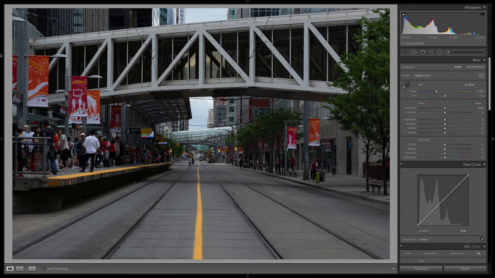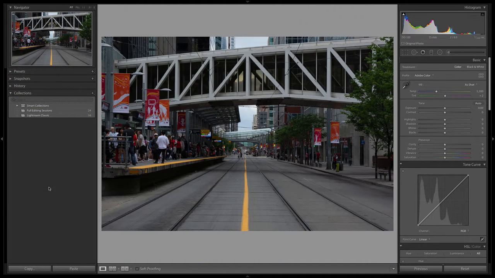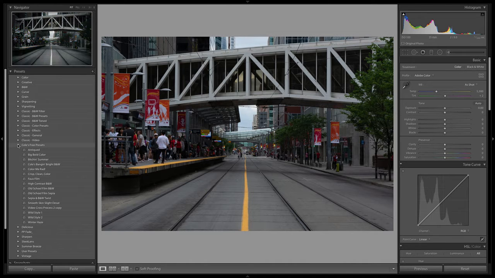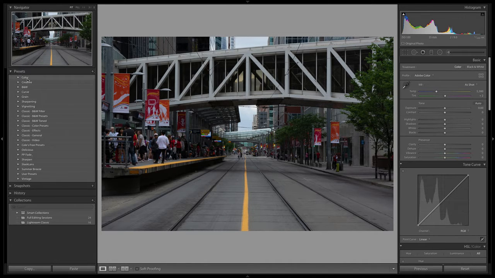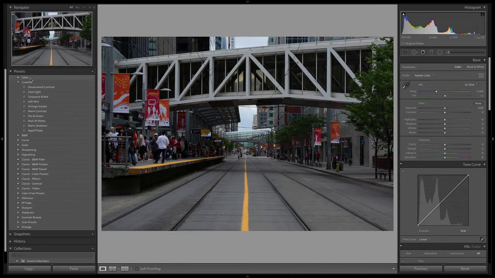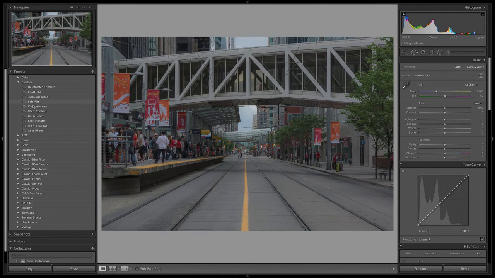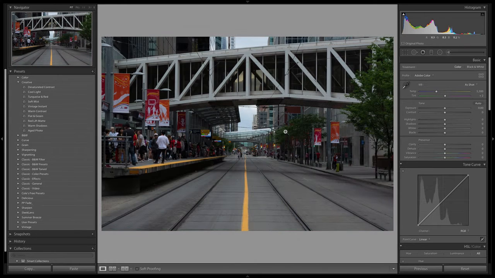So here in Lightroom, if you go and open up this left-hand side panel, you'll notice that you have a number of presets and folders of presets. You won't have all of these because some of these are folders that I've actually imported from presets that I've either created or ones that I've downloaded online, but you'll have some of them. And for example, if we go under Creative, if you just hover over these presets, you'll see that the image starts to change over here in our editor.